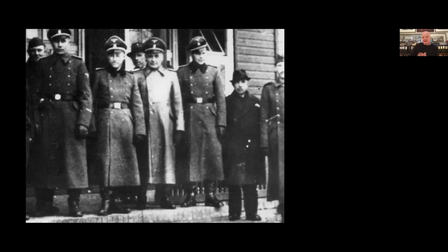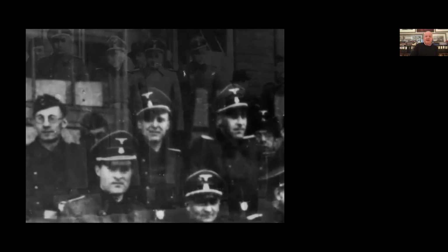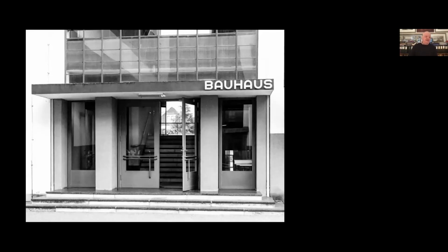Very important in this picture is also the man here in the center of the picture, who's looking straight in the camera, Fritz Ertol. Fritz Ertol was in some way the chief urbanist on the team. He was an important designer in the early phases of the design of Birkenau. And what makes Fritz Ertol very interesting to many people today is that he was a graduate of the Bauhaus.